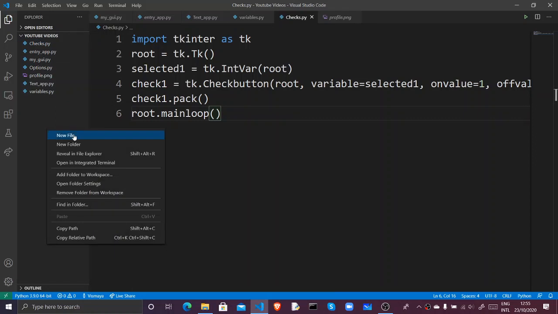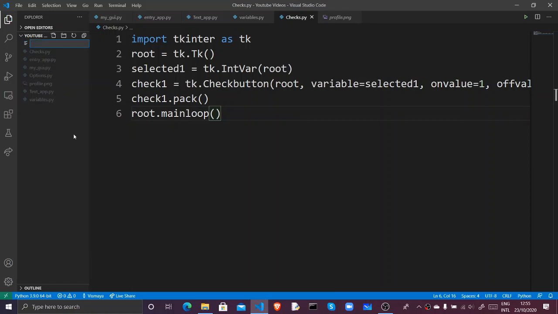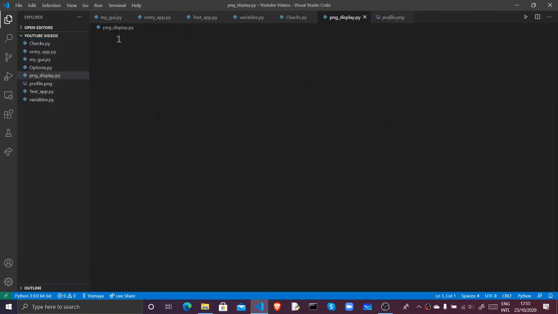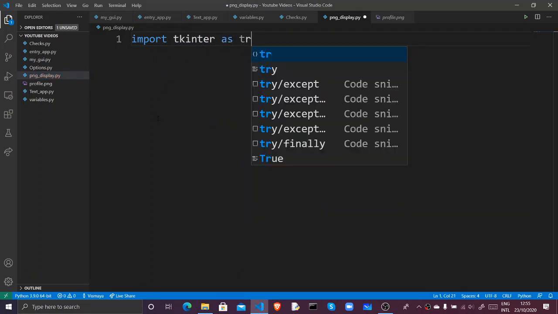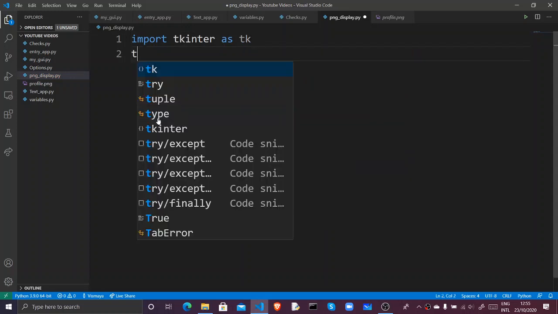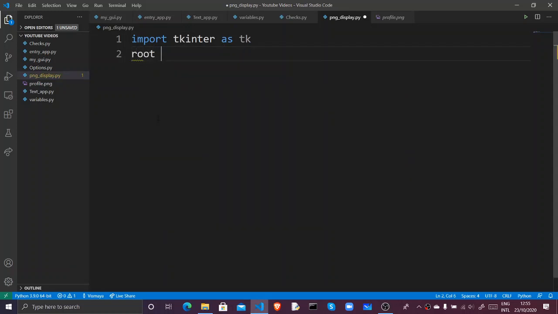And let's create a new file saying png_display.py. Import tkinter as tk. Root is equal to tk.Tk(),